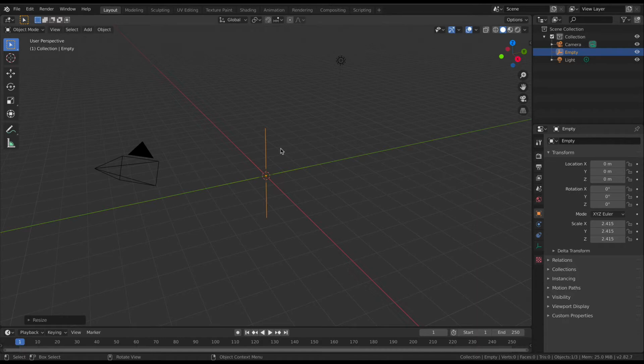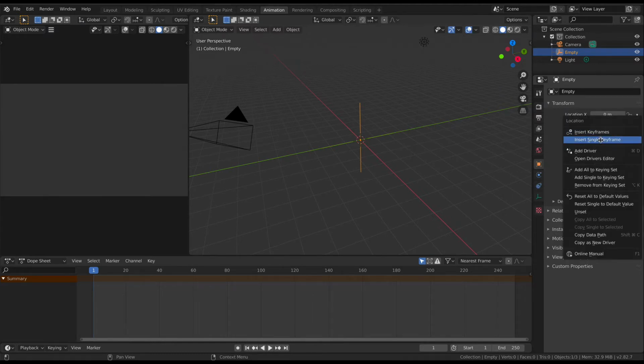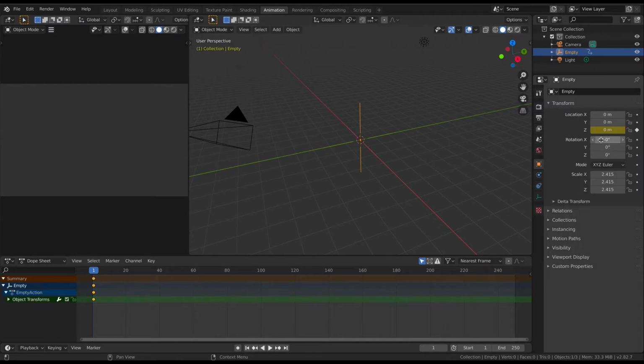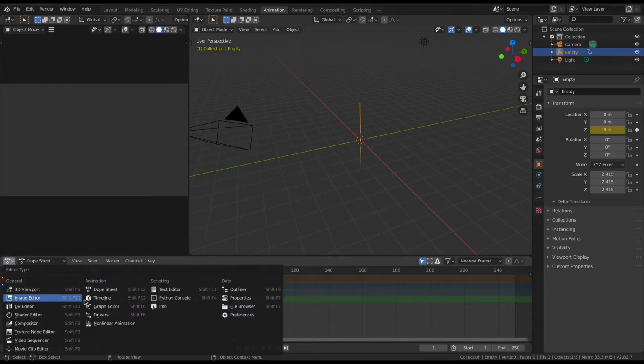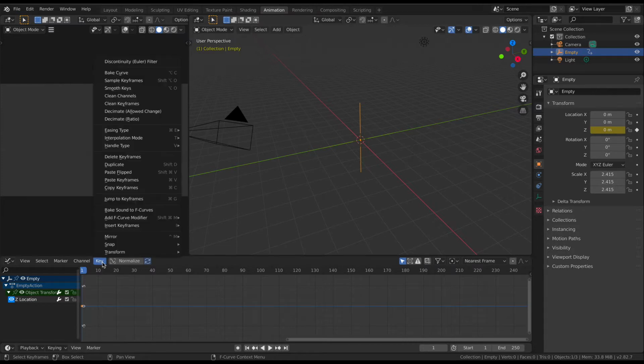I am using Blender 2.82a, so I'm going to go to the Animation tab, and on the right I'm going to select the object, and right-click on the Z location and Insert Single Keyframe. In the bottom view, I'm going to change this to Graph, and I'm going to click on the Z location. I'll select Key, Bake Sound F Curve,